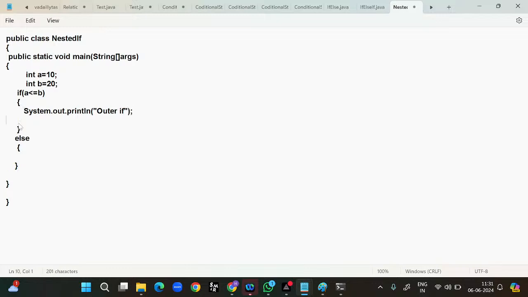And here inside the if I would like to take one more if. So simply I will take one more if, and from here to here, this is the scope of the if. And here what I am saying is, a is equal to 10. Now you can tell me, is this true or false? True. If this is true, what I am saying is